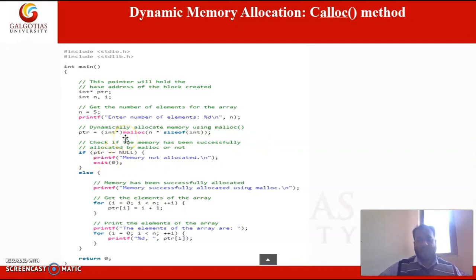Whether memory is successfully allocated or not is checked using the null value. If pointer equal to null, it means our dynamic memory allocation method has failed due to unavailable memory and it has returned null.